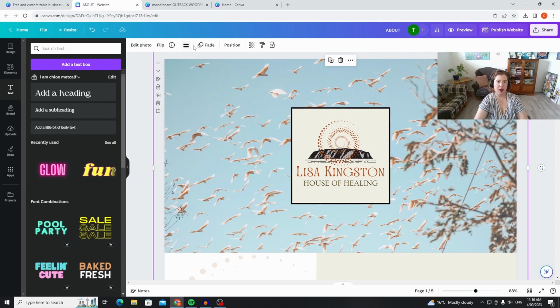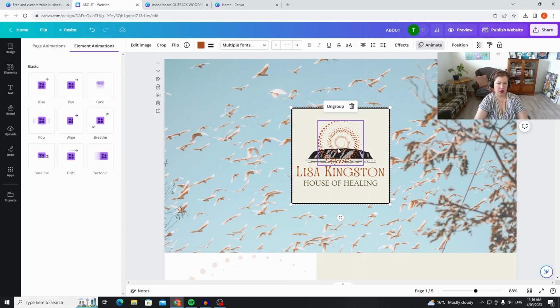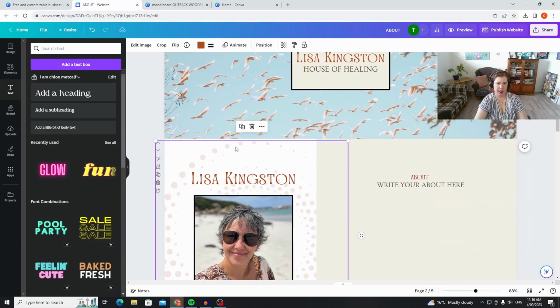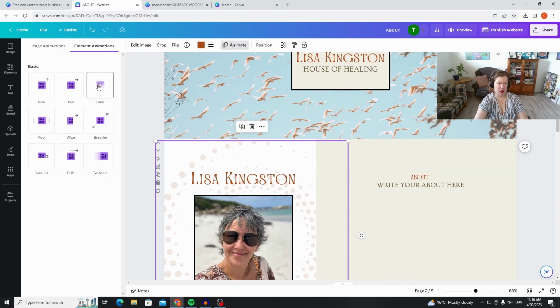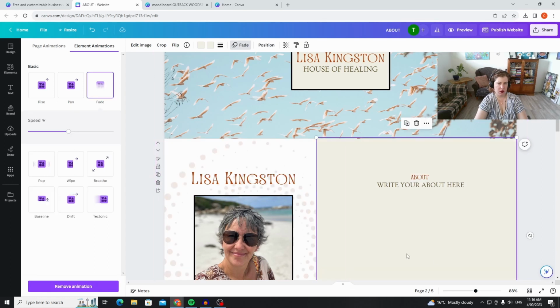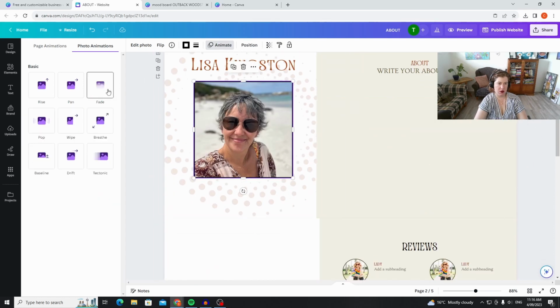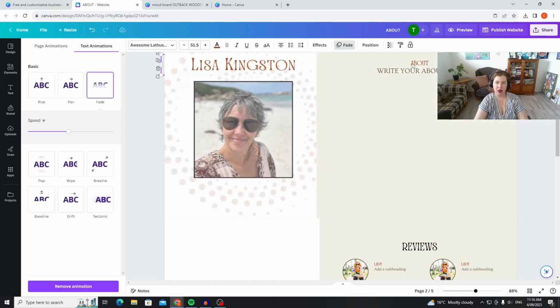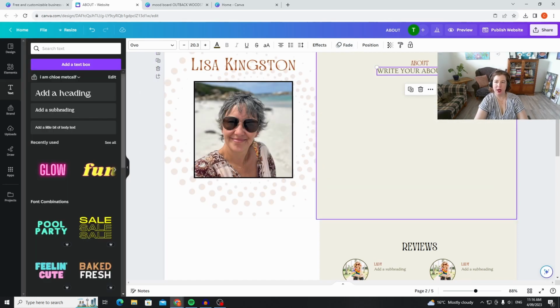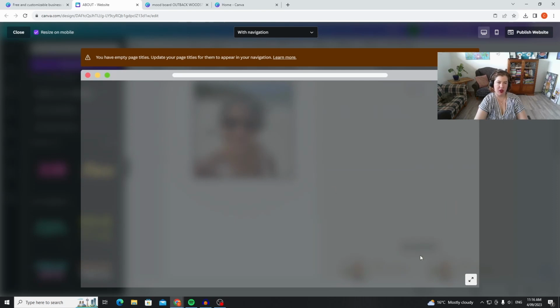Whoops, what was I doing? Animate. Okay. And again, let's do animate, fade. Fade. And you just want to apply the animation to all of them. Super easy. We go preview, and we should, in theory,